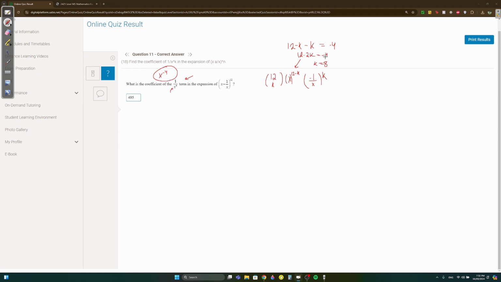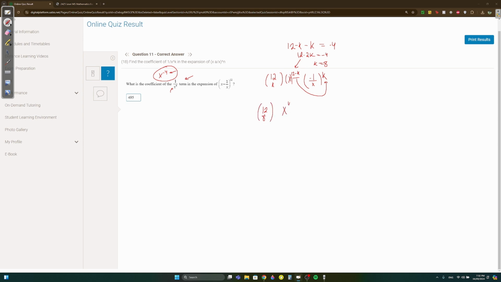I'm not giving you the rule directly, n minus 2k equals p, because you guys get confused. The last time I said it, you're like, when do you use this, when do you use this? Okay, don't use rules, understand. Just understand, if you're dividing, that means you're subtracting the powers, okay? And you write 12 minus k minus the other power k equals the power you want at the end, and you continue to solve. Now we know k equals 8, so 12c8